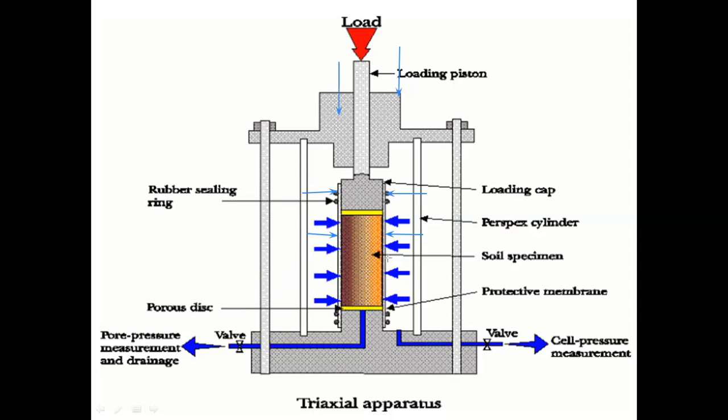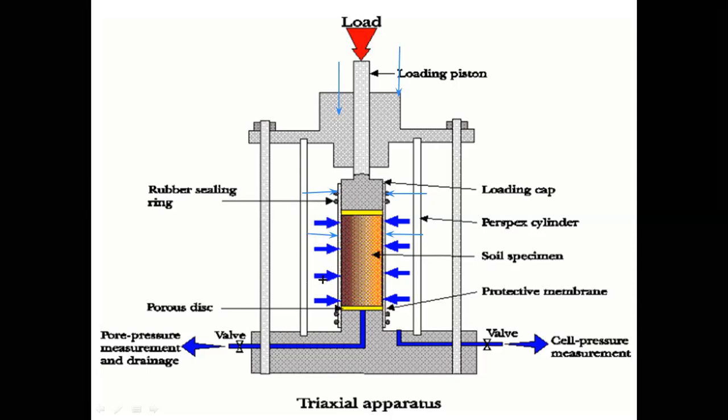So this diagram basically shows the triaxial apparatus. The triaxial apparatus consists of a load cell, basically, in which the required rock specimen is placed. We'll discuss in detail the construction of the load cell and triaxial cell. Here the triaxial cell contains the rock specimen, and this will be enclosed in a rubber membrane. I'll tell you exactly why we need to enclose it in a rubber membrane in the coming slides.